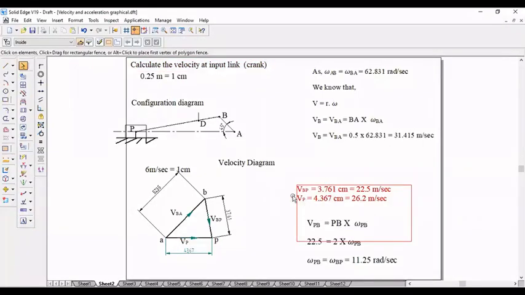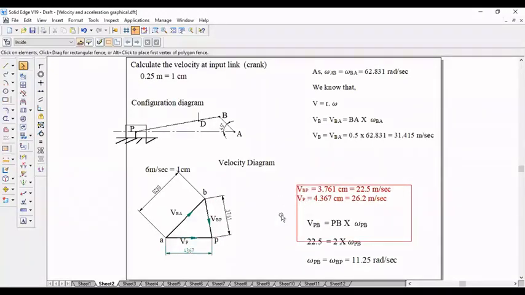So here I converted to velocity. This is 37.67 mm I got, so you will get like 3.7. Approximately you can take the value. Obviously you won't get this much accurate value in your manual diagram. You can approximate it to 3.7 or 3.8. So for that I got the velocity 22.5. So this is the velocity of this BP, that is connecting rod.